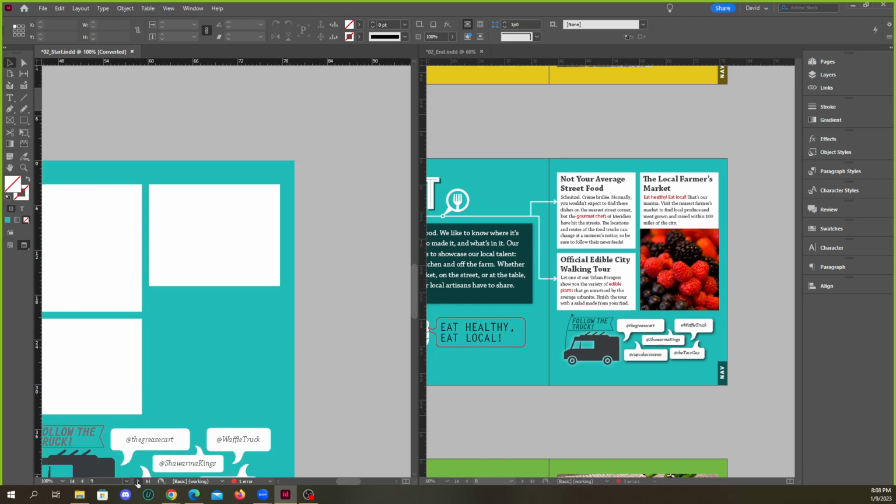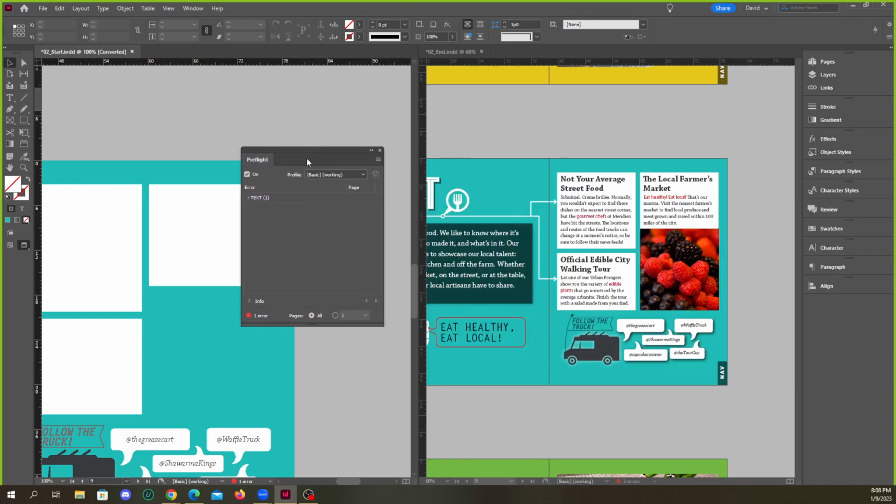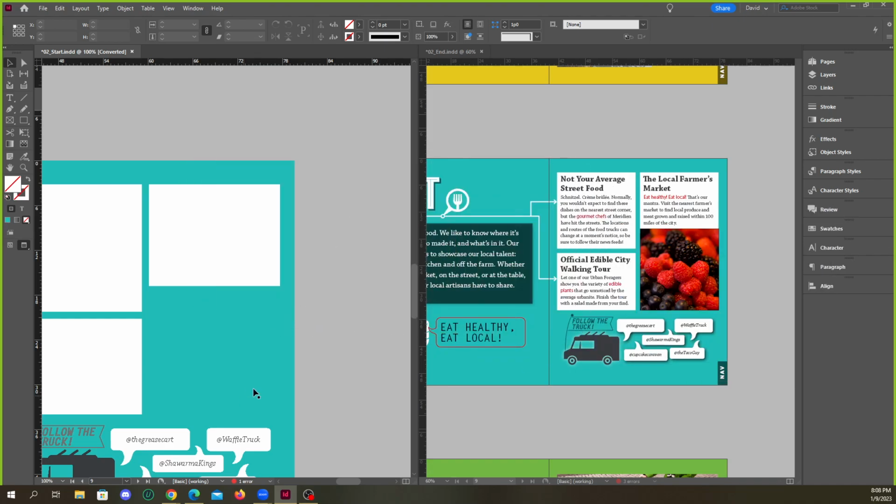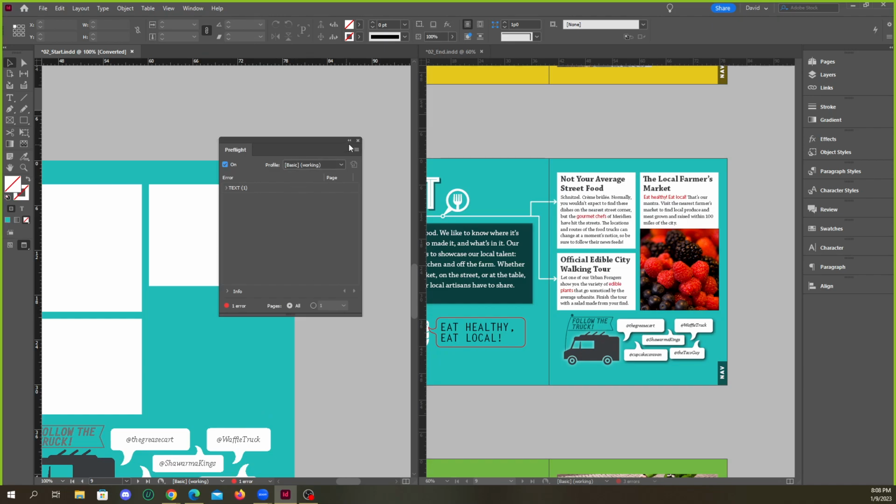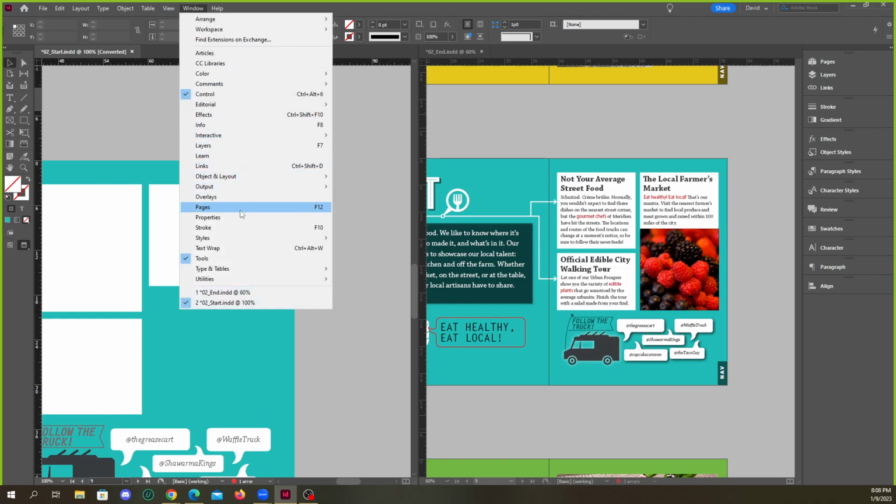Navigate the pages, click the little arrows, or click the drop down and pick which page you want to be on. But anyways, down there you'll see the pre-flight. It says 1 error. On my end file, we got 3 errors. But if I double click that, it should bring up the pre-flight panel, which looks like this. This is our pre-flight panel. You could double click this to bring it up, or you can go to Window,